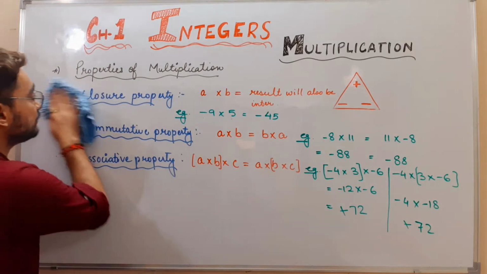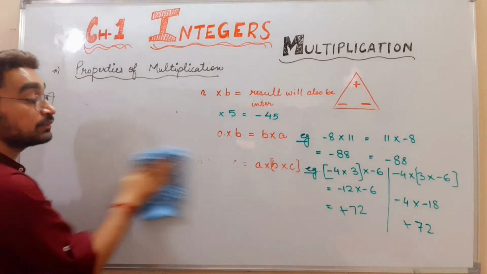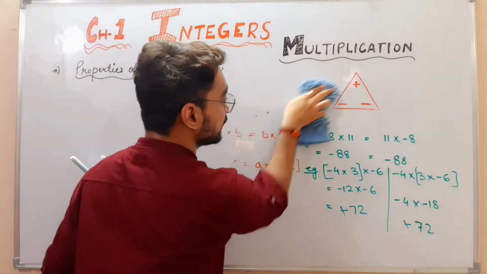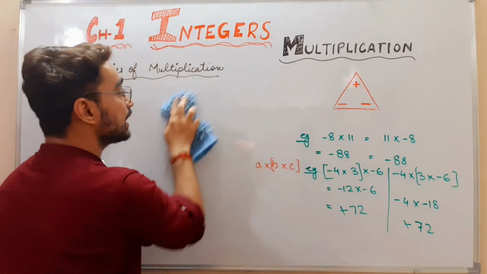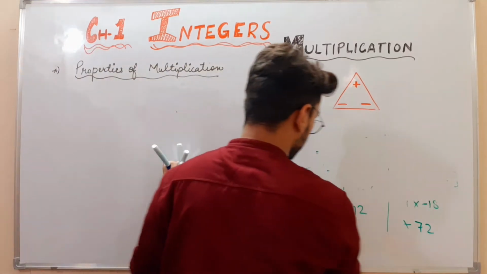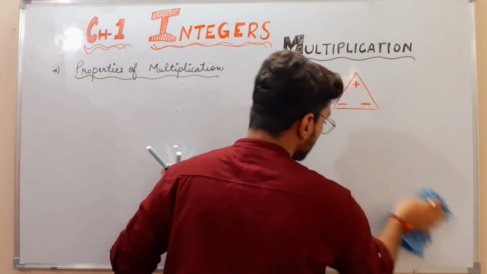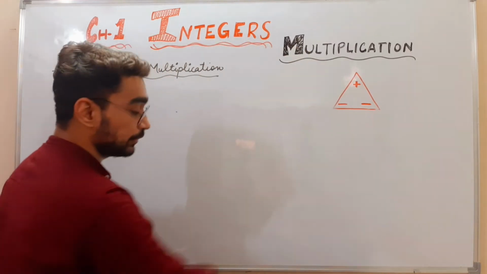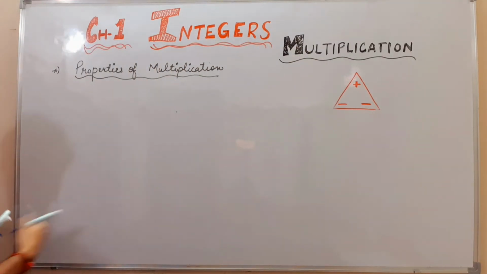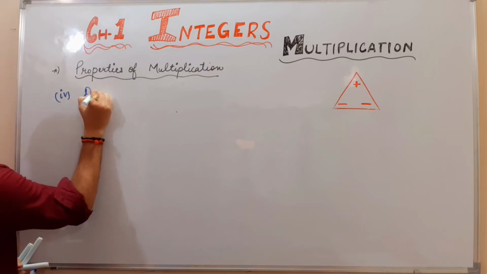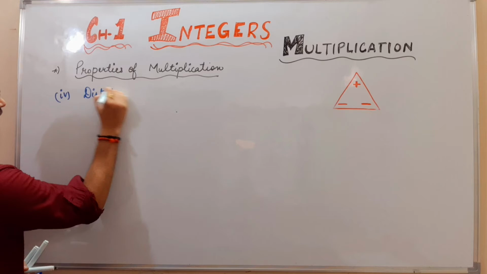The next property we are going to discuss is quite an important property. You should pay more attention to it. It is one of the most important and most useful properties. So open up your ears and be more attentive to hear what we are going to do. Next, number 4 is our distributive property.